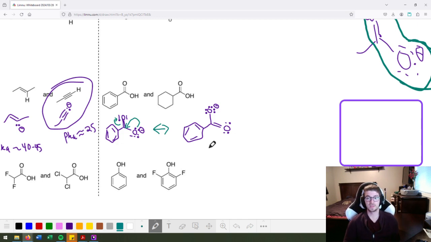Much smaller than we'd expect for something that's much more resonance stabilized than another. So here's my thoughts on this. I do not think that there is actually any resonance stabilization into the aromatic ring. It seems like it still has the resonance stabilization of the acetate group that's left, but